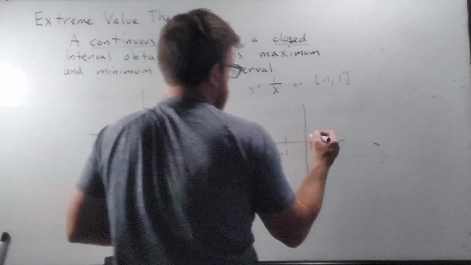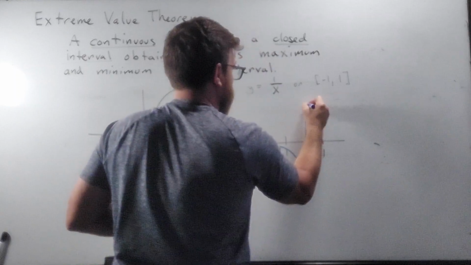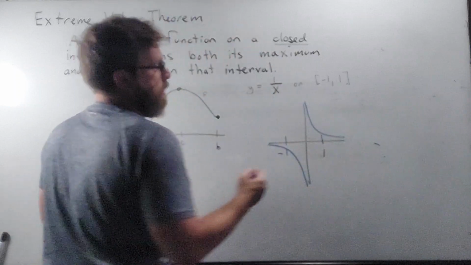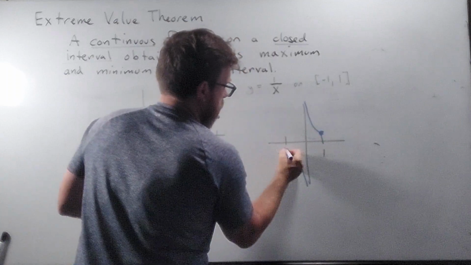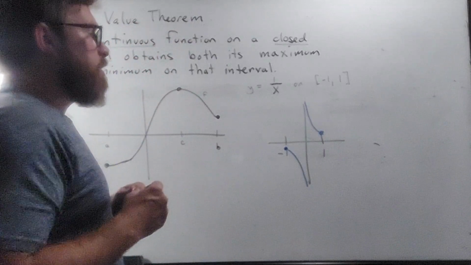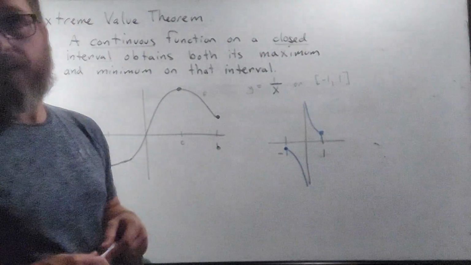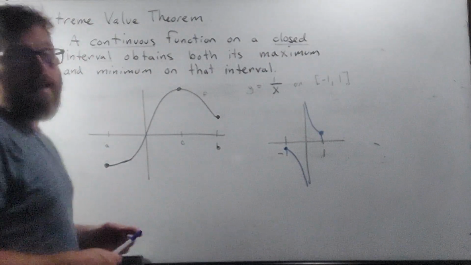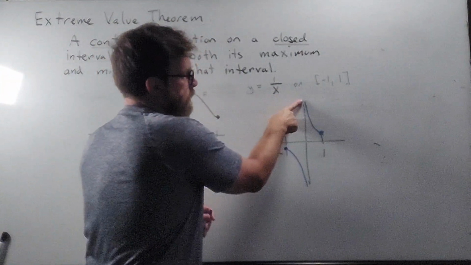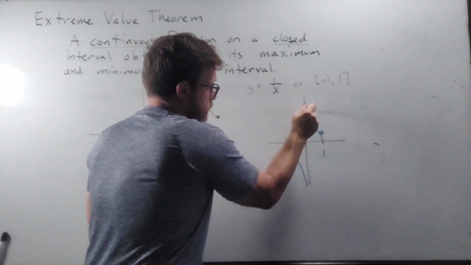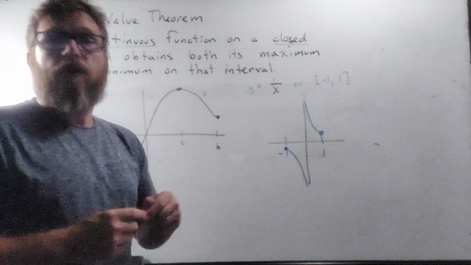What I know is that 1 over x looks like this. Now I did say a closed interval, so let's put on these closed intervals here. So here, and then here. So a closed interval. Notice that this function on this closed interval doesn't have a maximum. It also doesn't have a minimum because there's no value for which I can say that all the other values are beneath. You might say, well, hey, that is going off into a maximum value, but since this thing is asymptotic to 0, I can't really nail down an individual c value, because for every c value that I find,